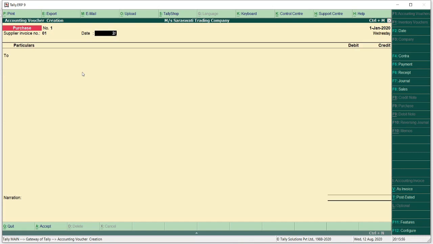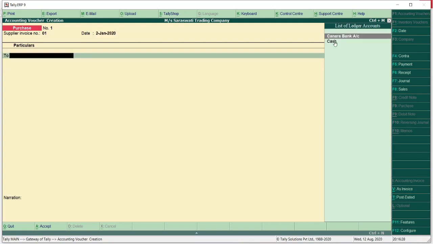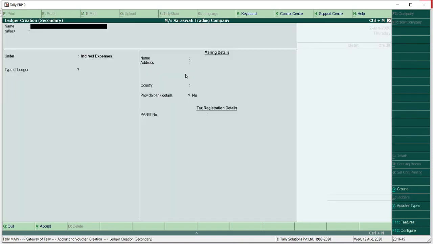I will say voucher number 1. Then date of the voucher, date is given as 2nd January. So I will say here 2nd January 2020. Entry is purchases account debit to Sumit Steels. Now I have not created purchases account and I have not created Sumit Steels also. So what I have to do? Yes, which two keys I am going to press? Alt key and C from the keyboard. So I am pressing Alt and C and I am here under the screen creation of ledger.